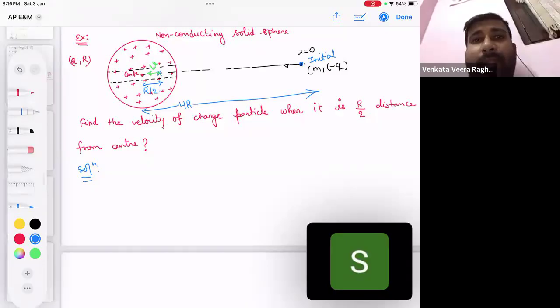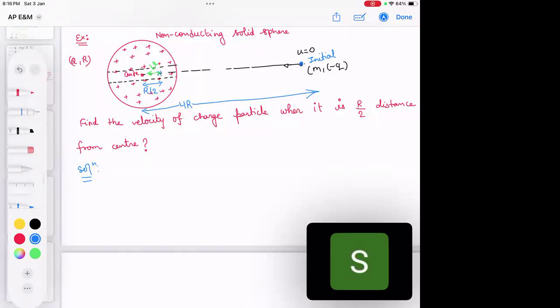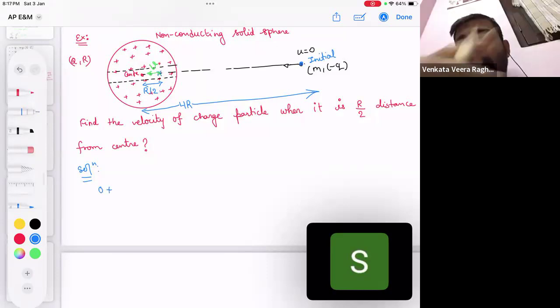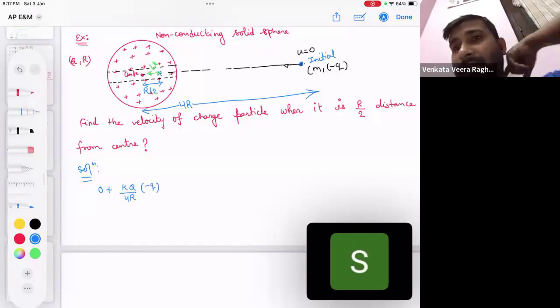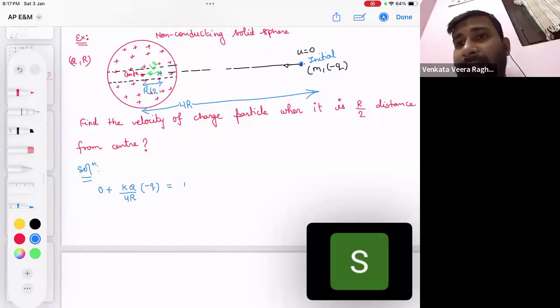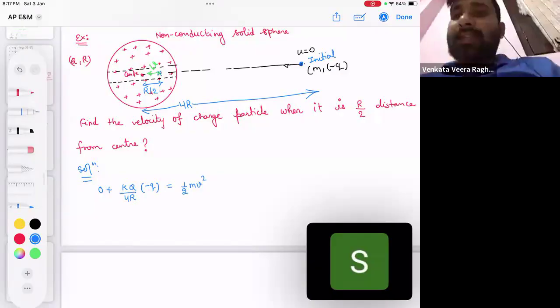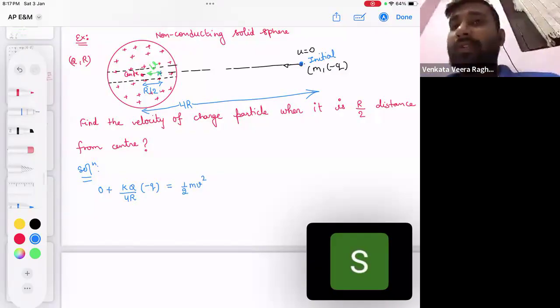Can we write the equation now? Yes, sir. Initial kinetic energy is 0, right? Initial potential energy will be kQ by 4r, the potential, multiplied by the charge becomes the potential energy. Finally, when it reaches the point where I want to calculate the velocity, let's say its velocity is v. So kinetic energy will become half mv square plus